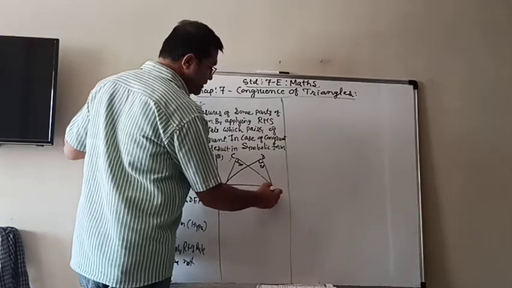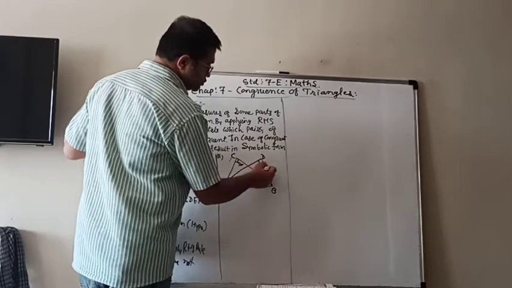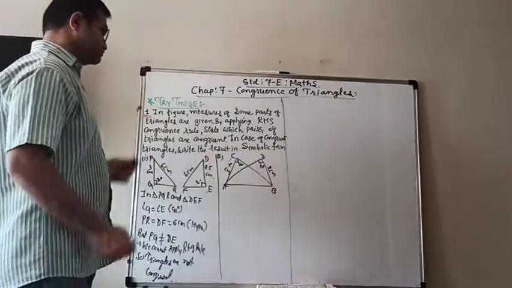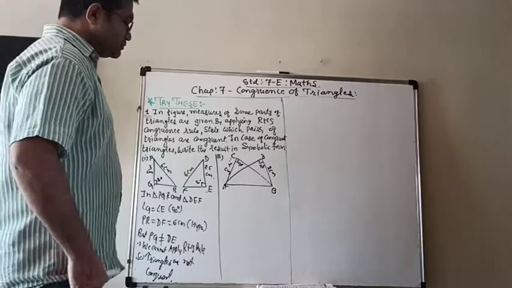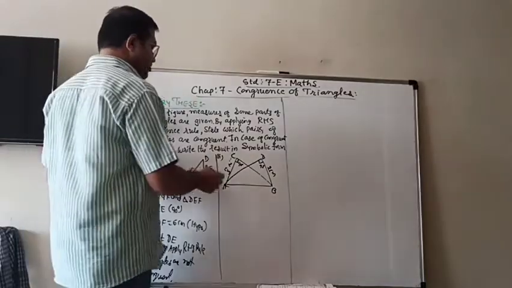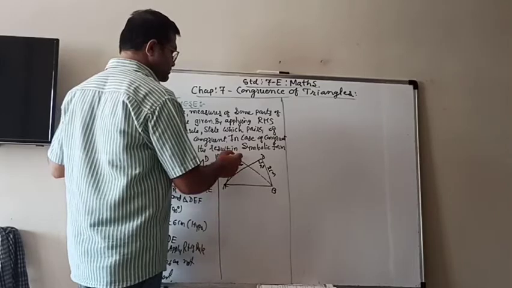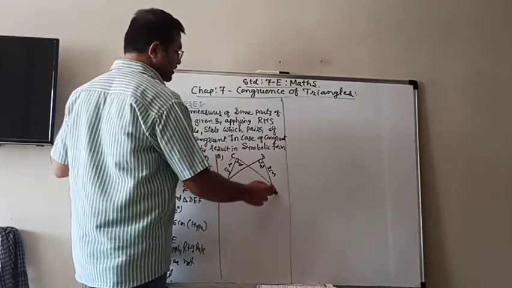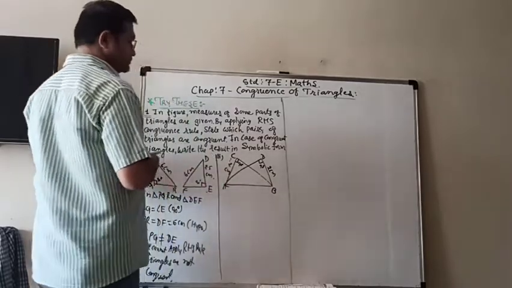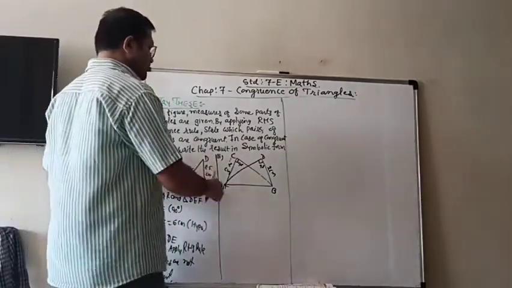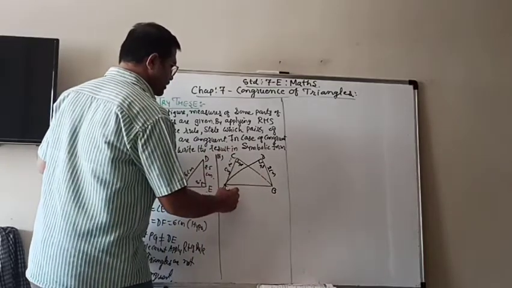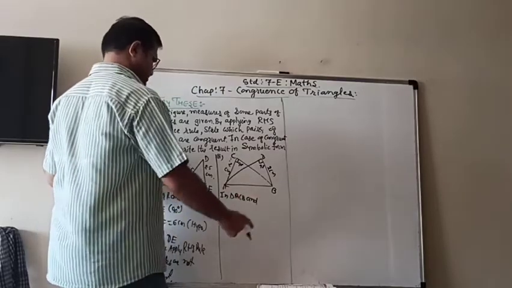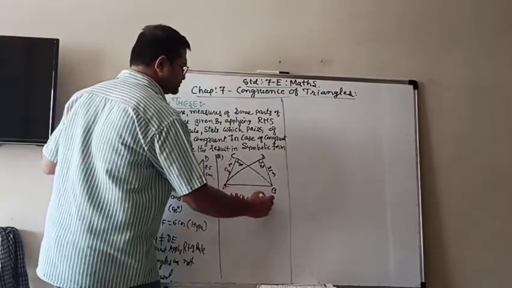A and B, 2 centimeter and 2 centimeter. So here the two triangles are triangle ABC and triangle BAD, or triangle ACB. So now in triangle ACB and triangle BDA,